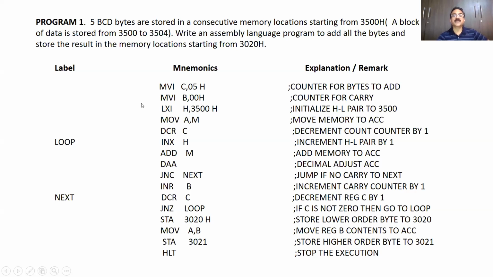Now your actual program starts from 3500. So the next statement is LXI H, 3500. And we know that for any processing we have to bring the byte into the accumulator. So for that, the next statement is MOV A, M. Why M here? Because your data is stored in the memory location which is given in the HL register pair. So move the contents of M, whose address is given in the HL pair, to A. First byte is in the accumulator.